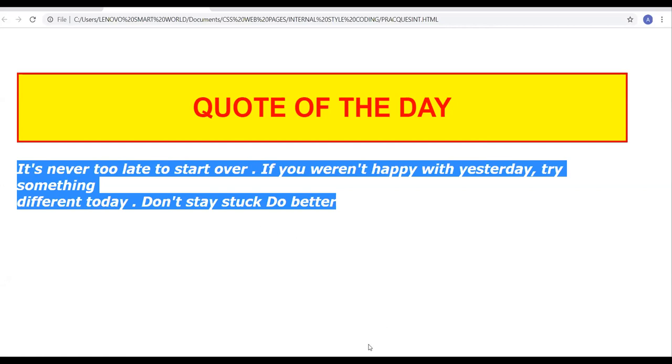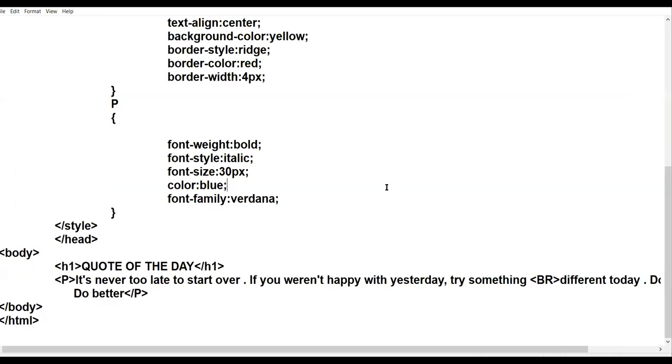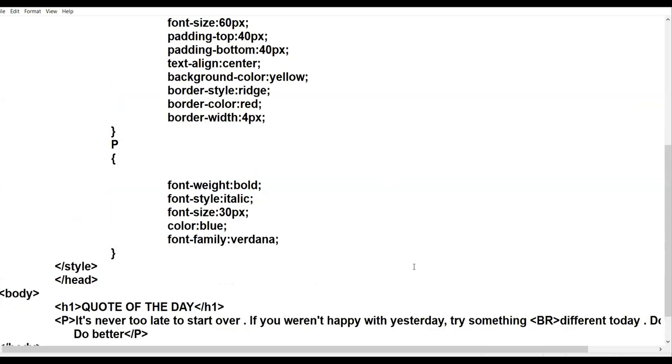Now here I tell one thing more. Suppose you want to apply one property to the entire web page. You want the font Comic Sans MS for the entire web page.